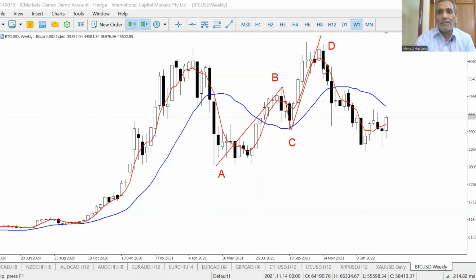And once we have this pattern confirmed, here also we could have got an early warning that we have got an ABCD pattern. But you see, we don't have a very strong reversal over here, so we should have waited for the momentum to turn. And here we have got a very strong reversal.